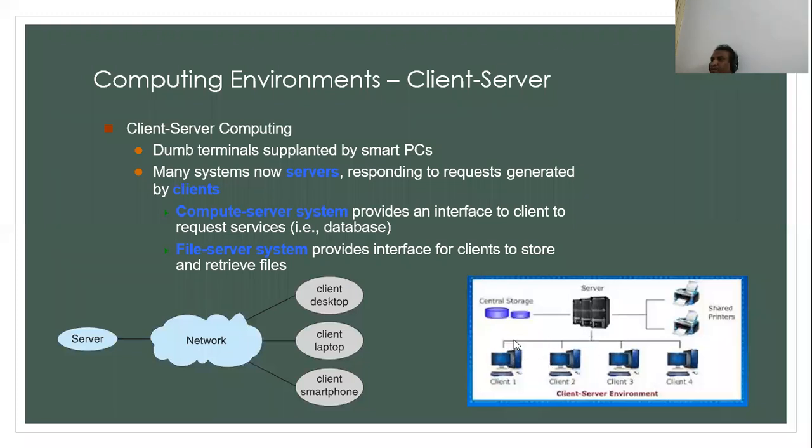They are connected through a medium called a network. By using a network medium, they are connected to the server. That is why they are called client server environments. Even some part of time sharing also comes under client server environments. I hope everybody is able to follow these things.